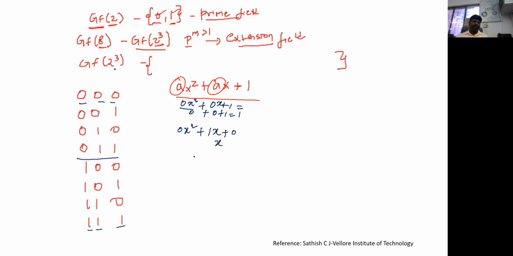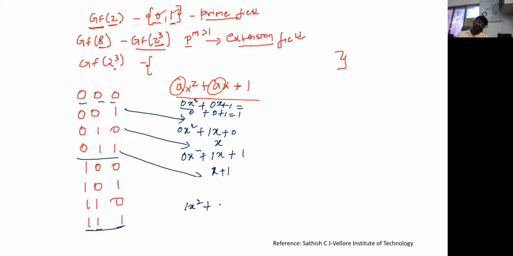When I substitute these values in the place of a, I'll get 0x square plus 1x plus 1. I'll get 1x, or x plus 1, for this. This is for this again. I hope this is clear. When I substitute the last value, which is 1x square plus 1x plus 1, I'll get x square plus ax plus 1. So these are the prime fields for the Galois field, which is 2 power